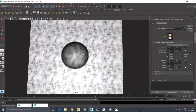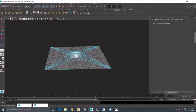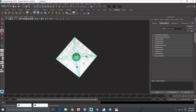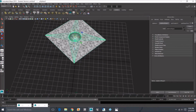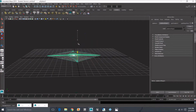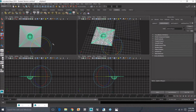Now, what we're gonna do is, oh yeah, gotta straighten out the edges. And right now, as you can see, it's not lined up with the grid. Let's shorten this down. Let's resize it. Now what we're gonna do, we're gonna hold D and V, and I'm gonna lock the anchor to the edge of it. Now I'm just gonna turn on the lock to grid. I'm gonna line it up with the grid, and you can tell perfectly right there that it's not lining up